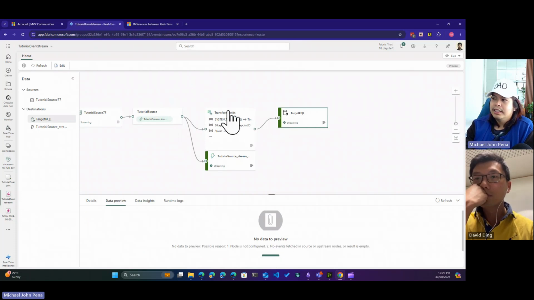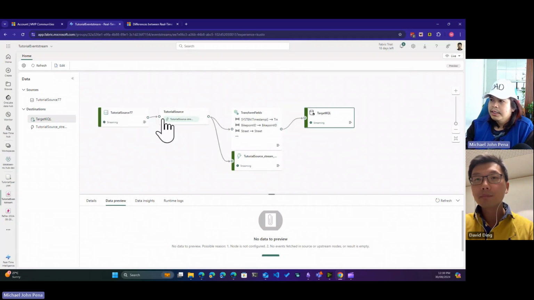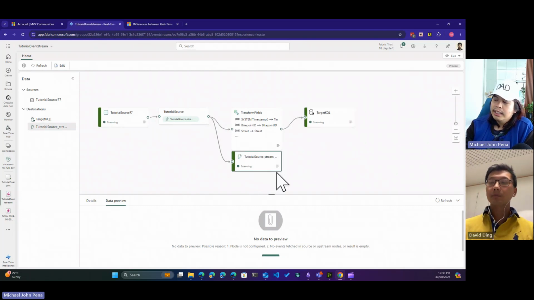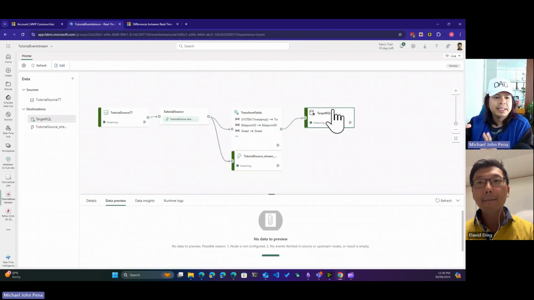Now again, the thing with KQL is that at this point in time, you can't query the stream data yet. You can set a reflex, which is kind of simple: when you hit this, you do something, right? But then you can perform queries like aggregate this, sum this. That's why you have to land that into a KQL database. The KQL database is specific for that.